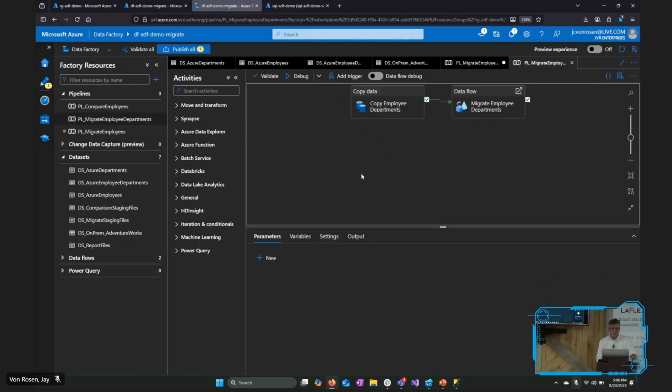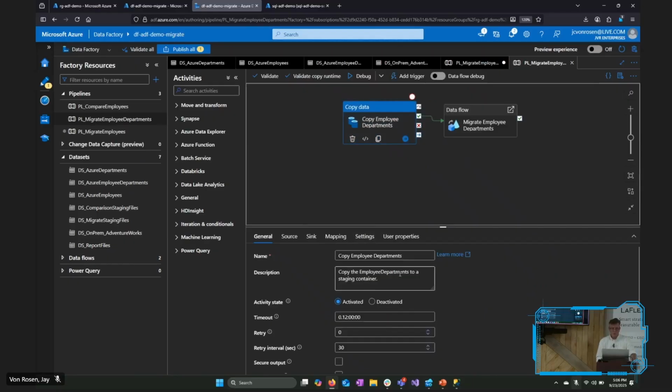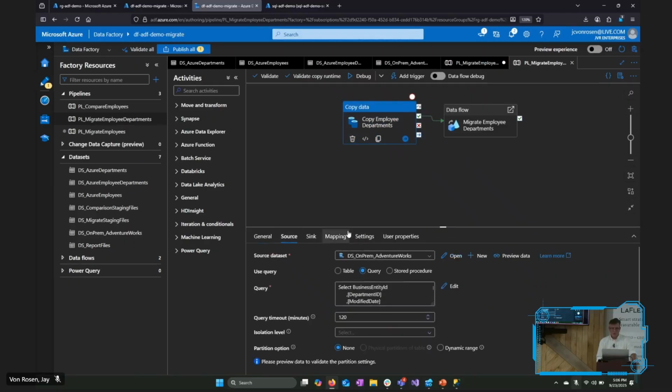So now I'm going to need to have my employee departments table. I have to migrate that over, and instead of using the business entity ID, mapping over to which employee is in this department, I've got to look up the employee GUID. So this is where you'll see that the data flow is not going to have access to the share. So what we do is we are just going to copy from